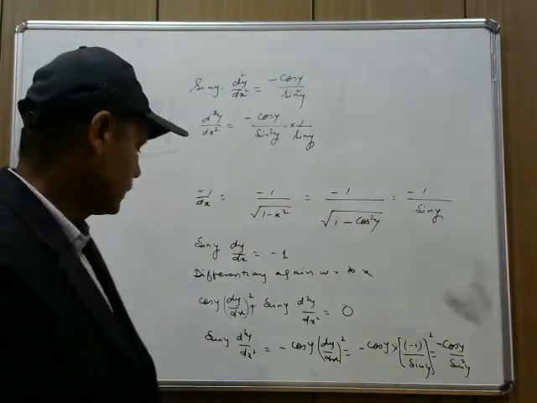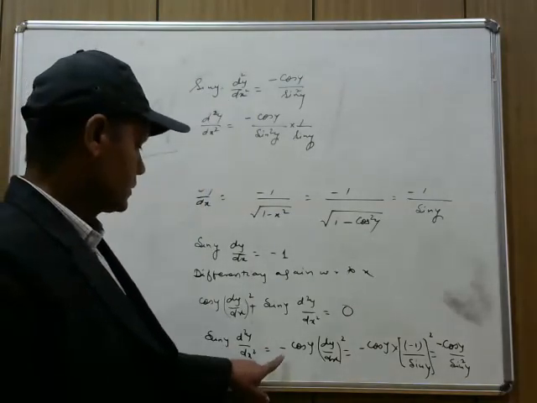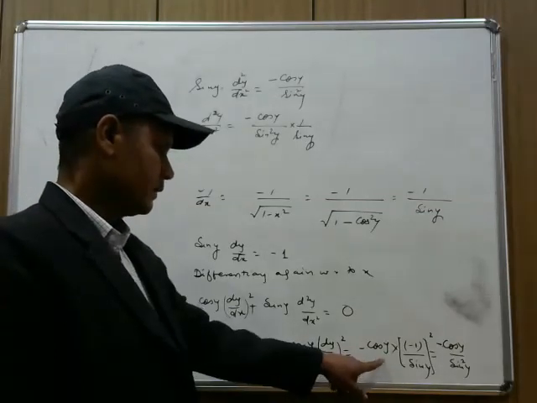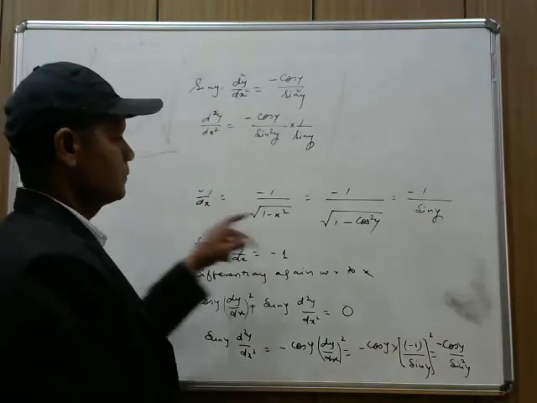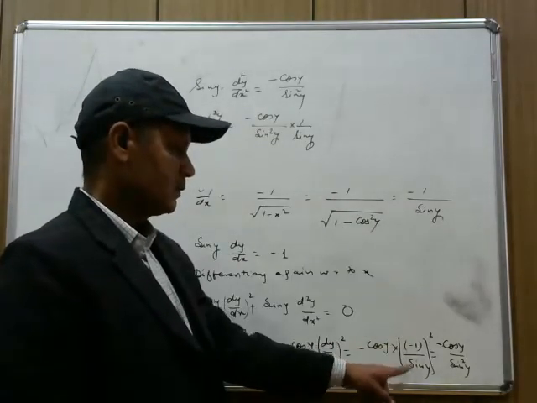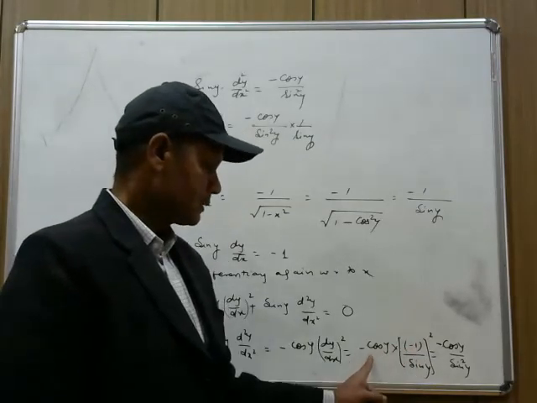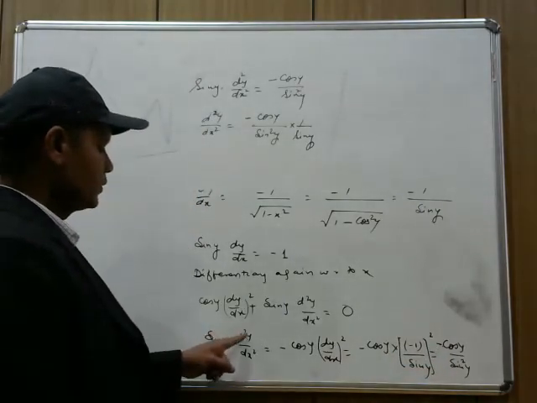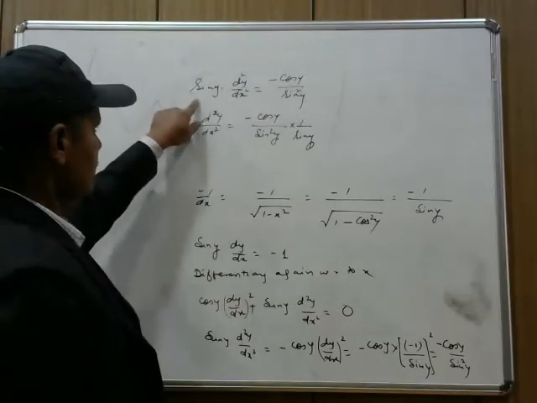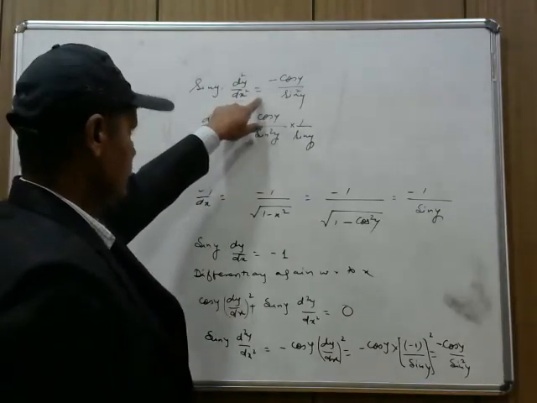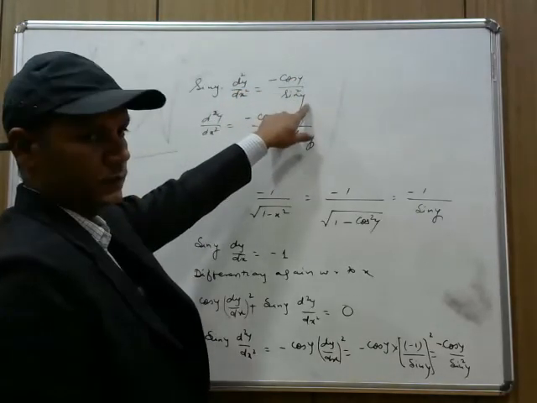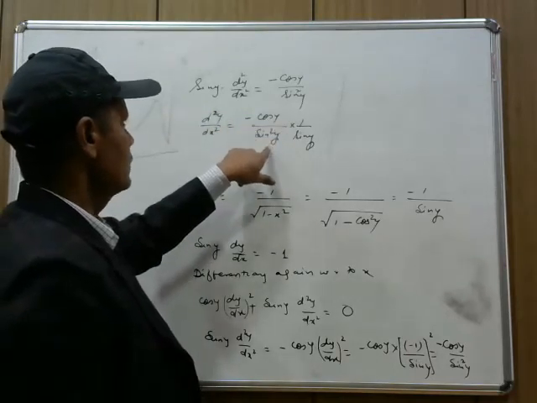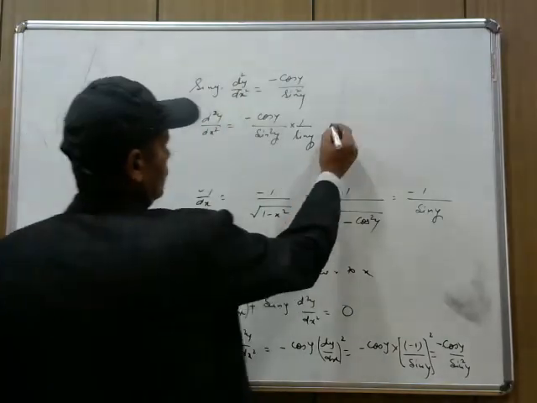Right? So now sin y into d2y/dx square is equal to minus cos y into dy/dx whole square, which is equal to minus cos y, the value of dy/dx. Dy/dx was minus 1 upon sin y. So minus 1 upon sin y whole square gives minus cos y upon sin square y. But I am supposed to find the value of d2y/dx square. Therefore now I write here sin y into d2y/dx square is equal to minus cos y upon sin square y. And therefore d2y/dx square is equal to minus cos y upon sin square y into 1 upon sin y, which will give you what?